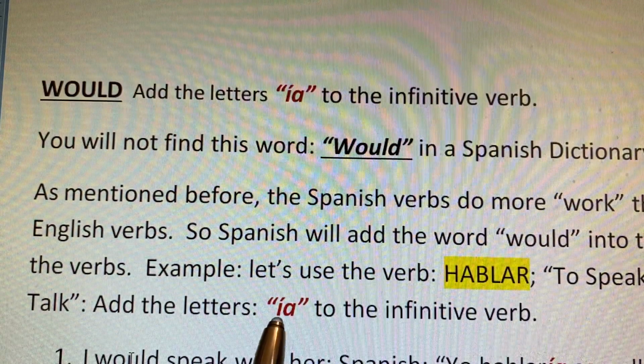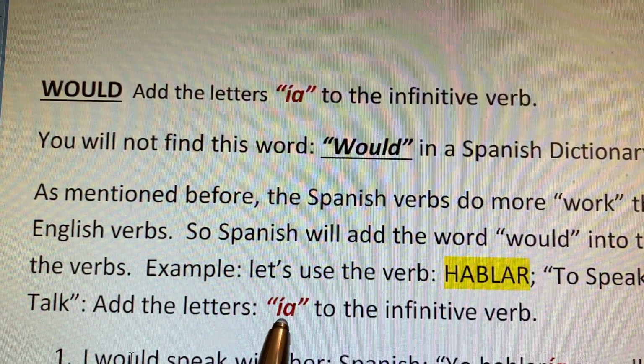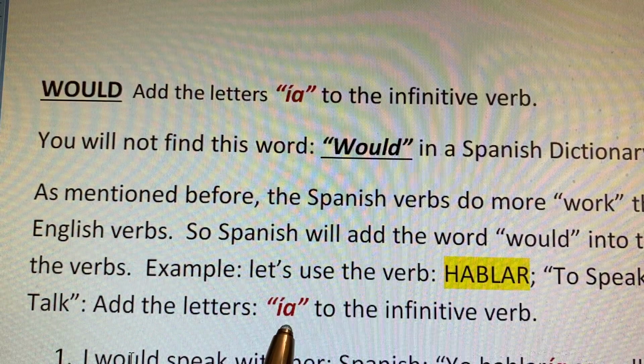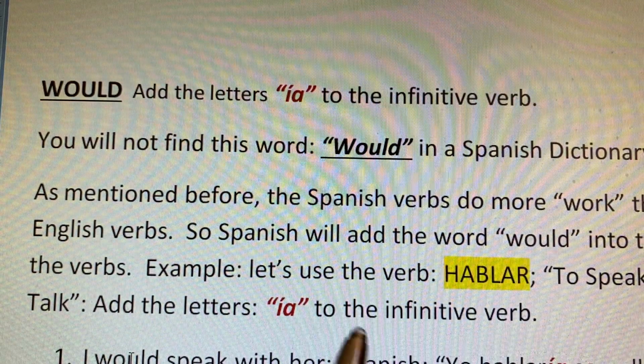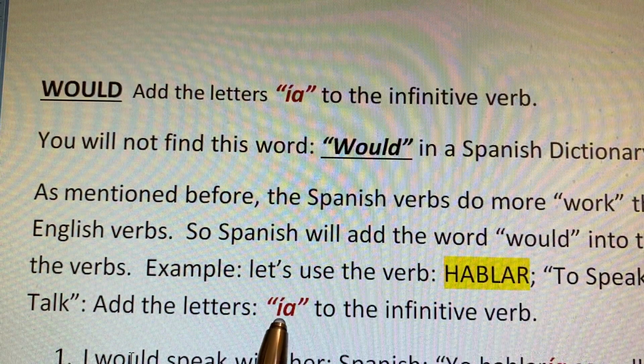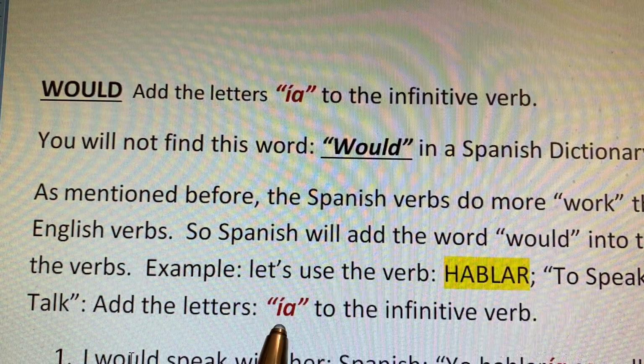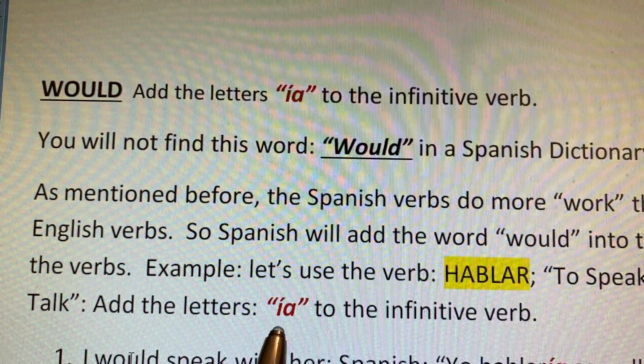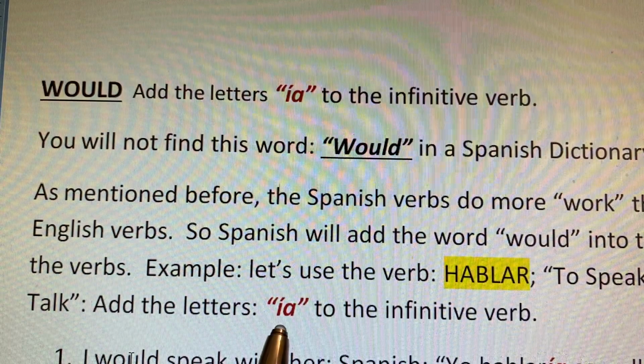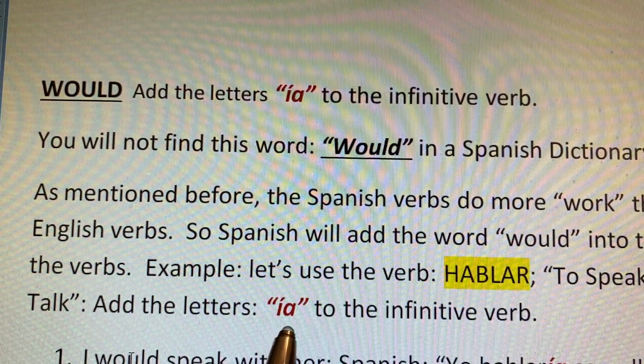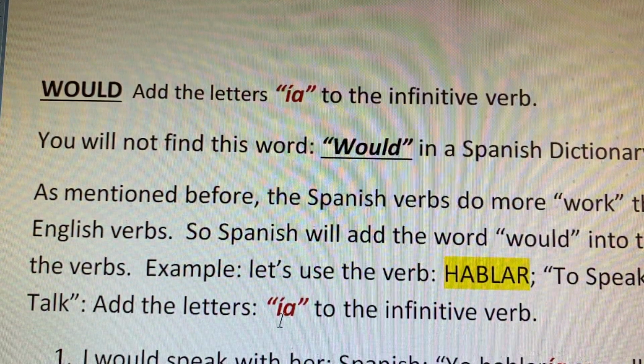The letter I is pronounced E, the letter A is pronounced A in Spanish. Every single vowel in Spanish is always pronounced, even if it's quickly ia. So let's look at